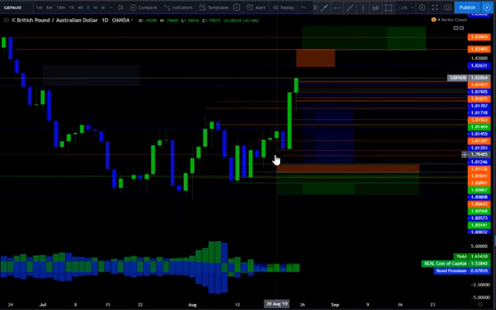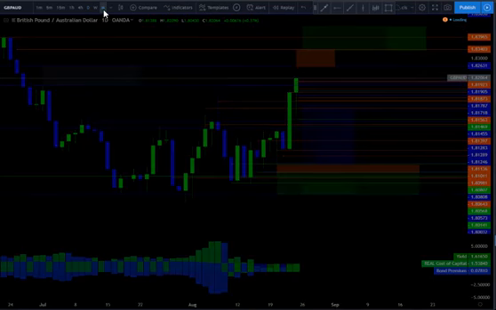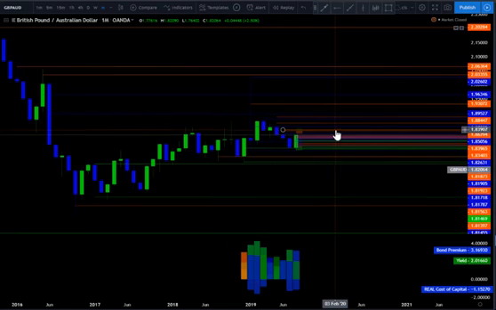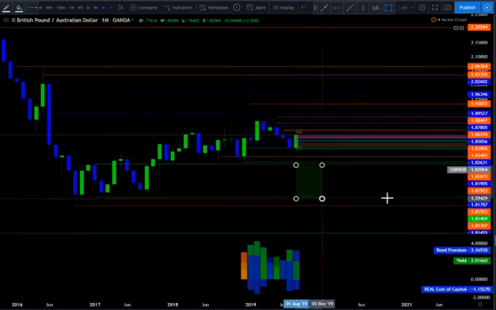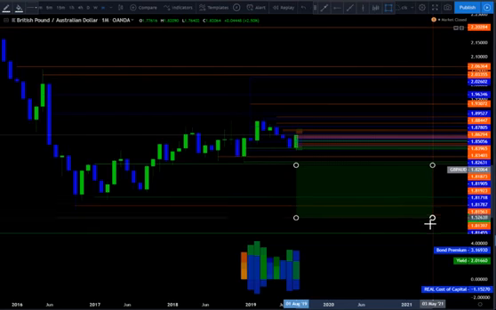All right? Now, I'm going to very quickly go to my monthly. All right? And I'm going to look at what potential is here on this trade. All right? If we get down below, on this monthly, if we get down below 71, watch how simple this is. Even though these are bullish areas, if we get down here